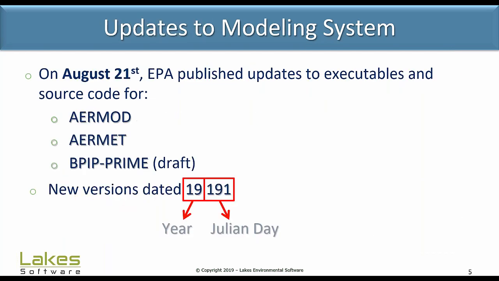Now, back on August 21st, the EPA published updates to the executables and source code for AERMOD and AERMET, and they released a draft version, a new release, of BPIP-PRIME, which had not been updated in quite some time. These versions were all dated